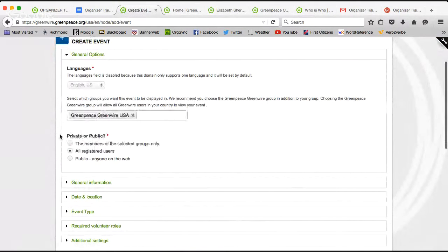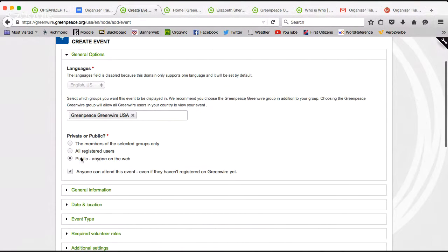Cool. So just a couple things that I wanted to point out when you're creating an event. The first is this question right here where it says private or public. So I really, really encourage you to always create an event that's totally public to anyone on the web. That's great for all registered Greenwire users to be able to see an event.